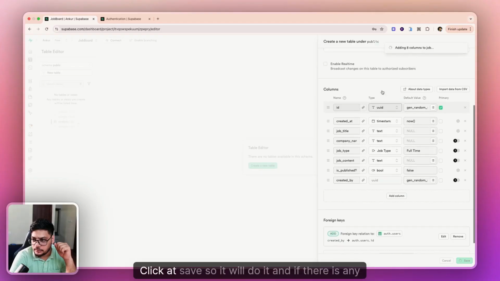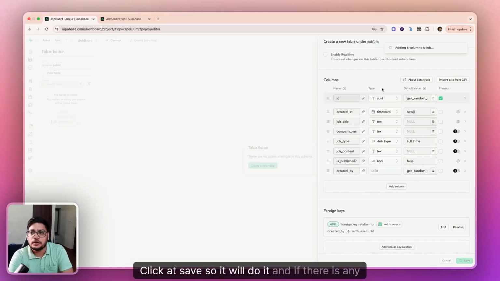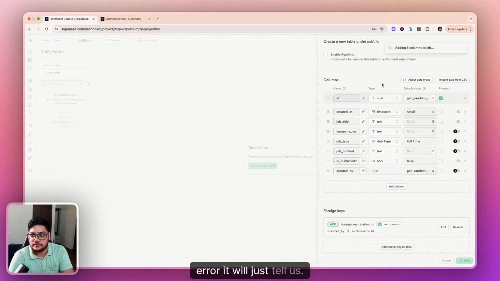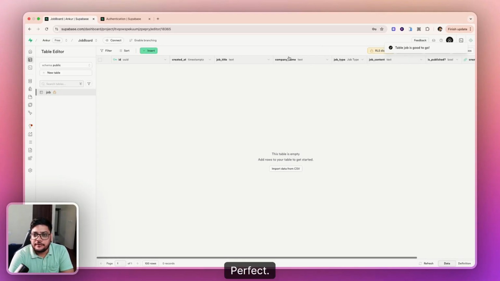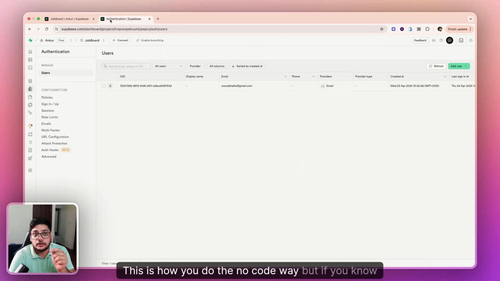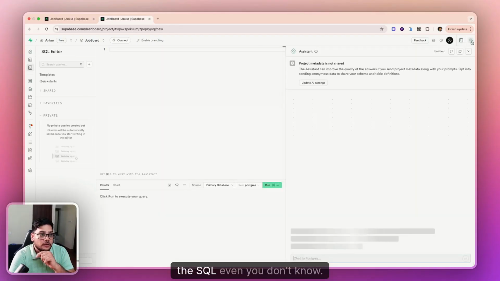Perfect. Click at save. So it will do it. And if there is any error, it will just tell us. I don't think there is any error. Let's wait. Perfect. This is how you do the no code way. But if you know the SQL, or even if you don't know,